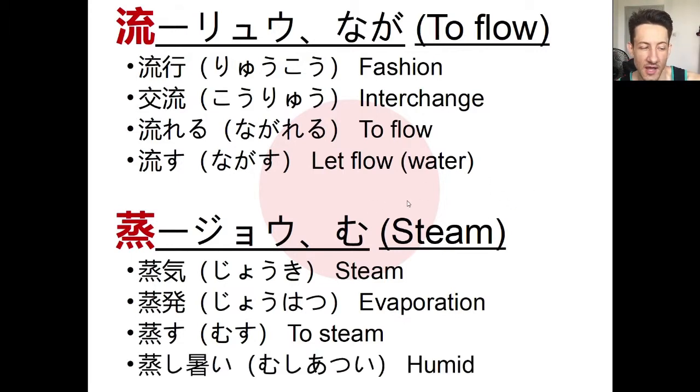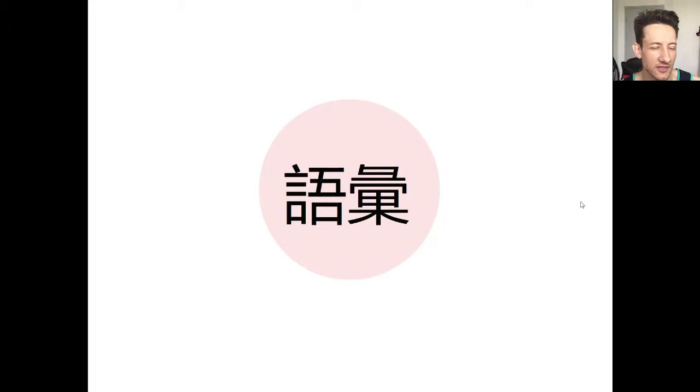Oh, we have one more word. 蒸し暑い. Yes, one of my least favorite things in the world. Humid, right? So 蒸し暑い. So we have like steam and hot, which is like a perfect explanation of what humidity is. 長崎の夏はそんなに暑くはないんだけど、蒸し暑いから、本当にもう最悪。The summers in Nagasaki aren't so hot, but it's really, really humid. So it's just terrible. My hometown is really, really hot, but there's no humidity. So it's quite comfortable. But anyway, this is a really good word. 蒸し暑い. Humid.